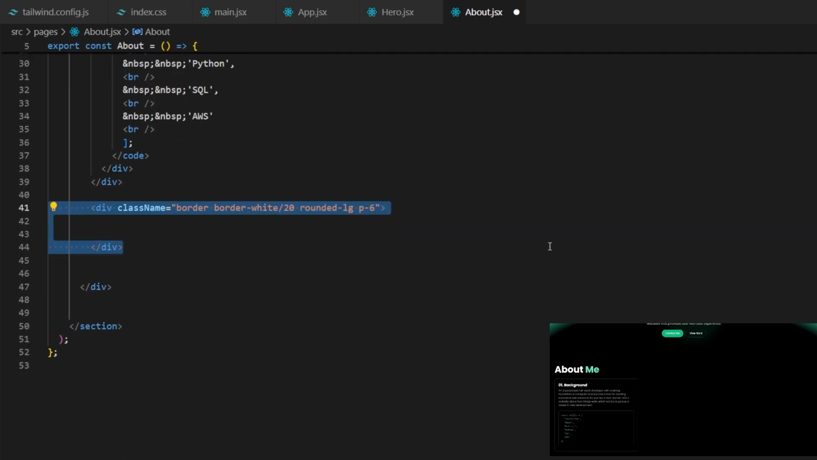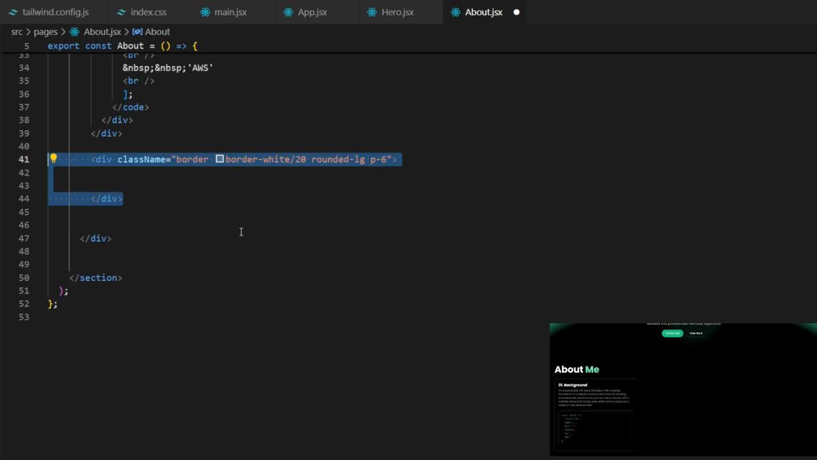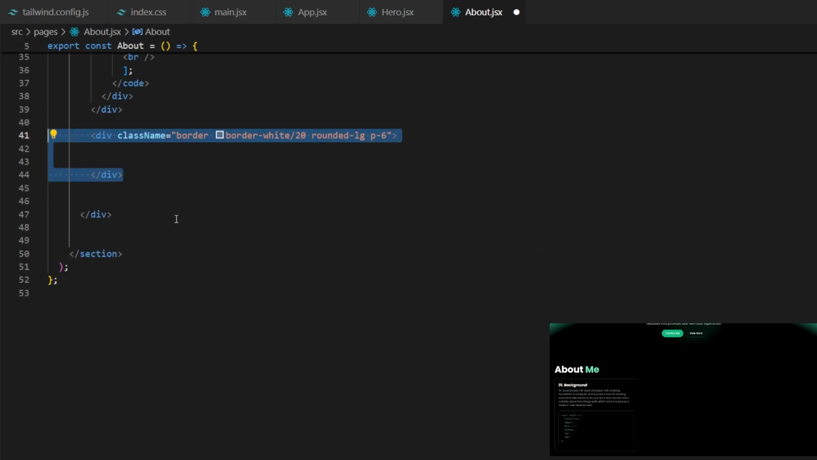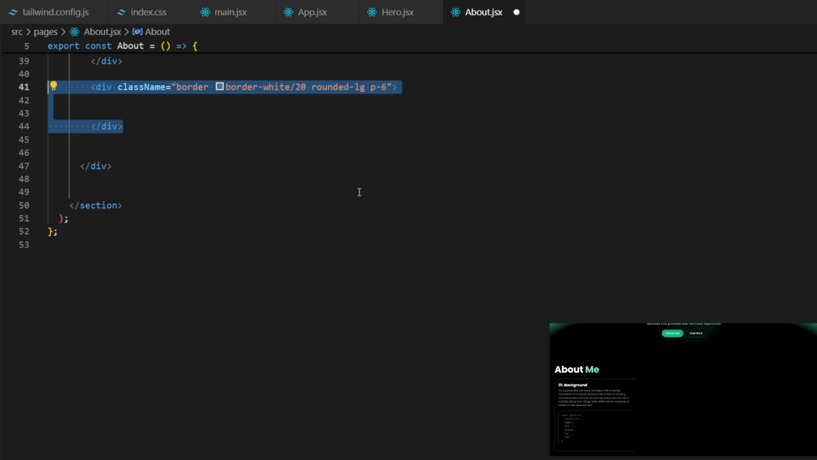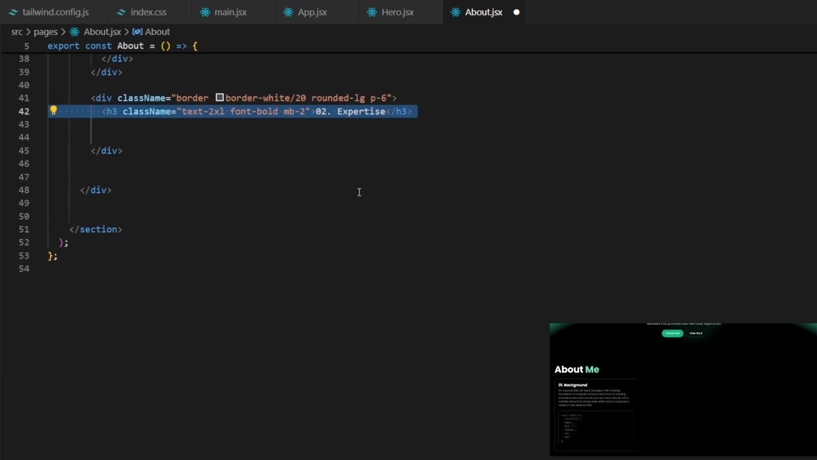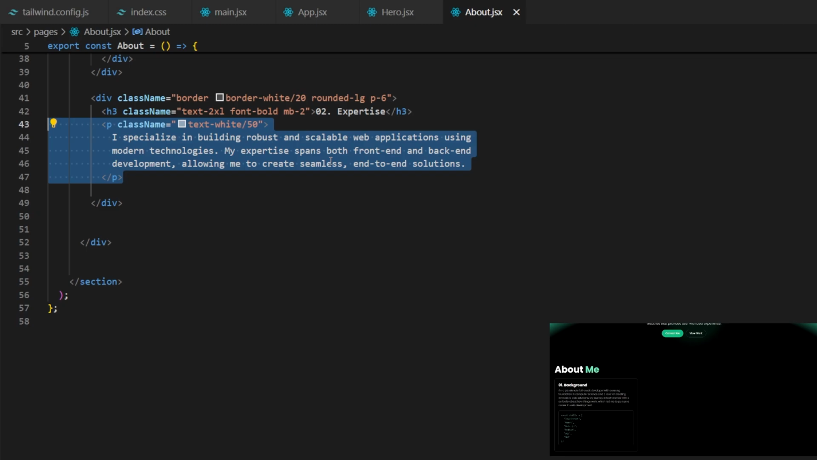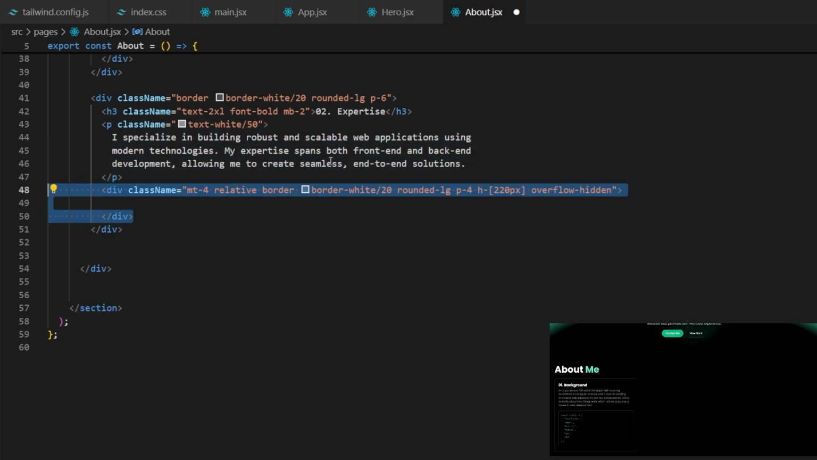Let's continue with another div that we will do below this one. We will set there a border with border white and 0.2 opacity, again rounded large, so we have rounded corners and some padding. I will set there padding to 6. There we will add a second block, expertise. We will set there text size to 2XL, font bold and margin to bottom. We will add there some text into the paragraph tag with text white and 0.5 opacity